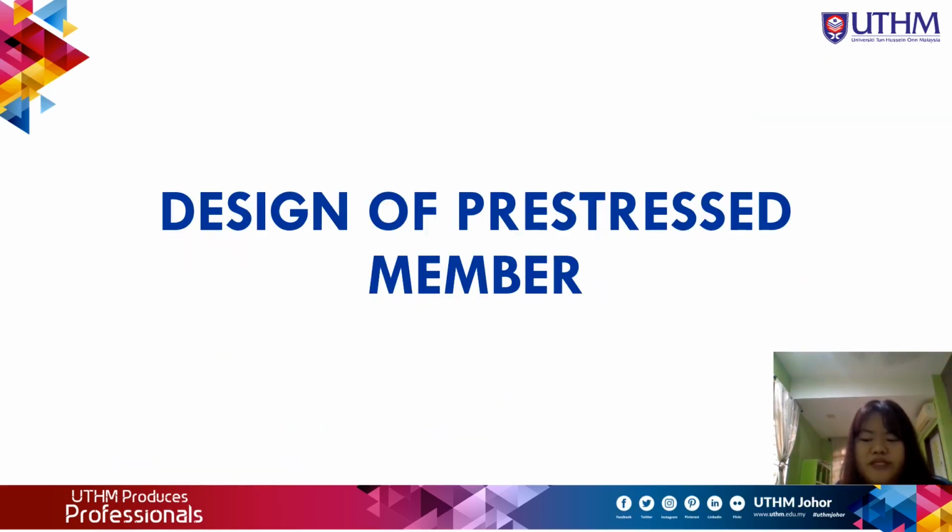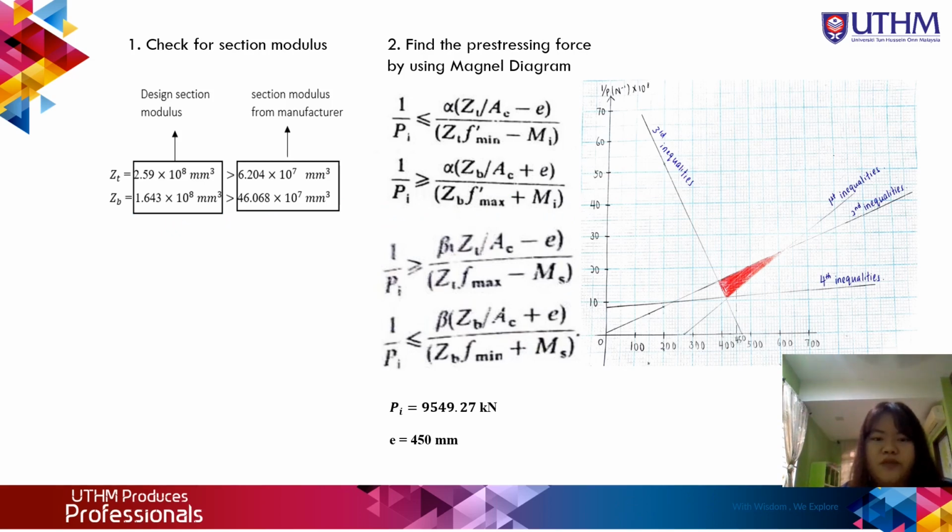Design of pre-stress member. First, we need to check the section modulus. Then we compare the section modulus from our design and the section modulus from the manufacturer. Next, we will find the pre-stressing force by using the Magnel diagram. These four inequalities will help us to find the pre-stressing force. After we substitute all the values into the equations, we draw the Magnel diagram. After that, we can get the pre-stressing force P, which is